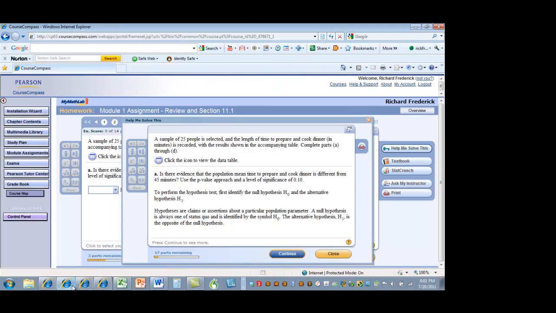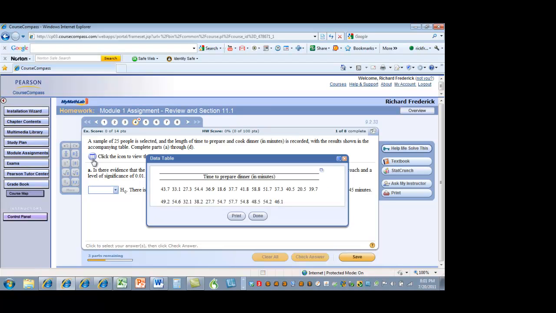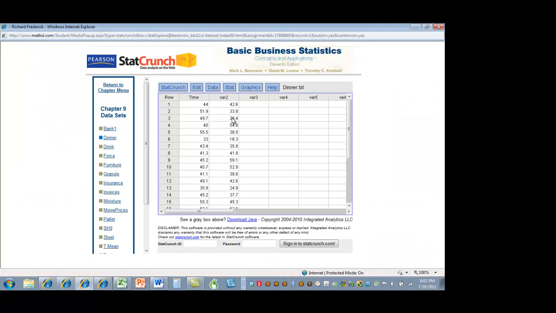Let me find out where we were. I'm going to close this. Here's our data here. Not the same data that's in StatCrunch. Okay, but what you can do is just type in the data that's in our example here, which is what I did. So we put those data in. I'm going to use those data. I have them right in StatCrunch. I could edit that name